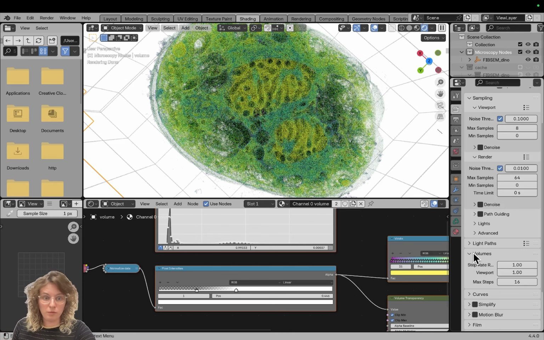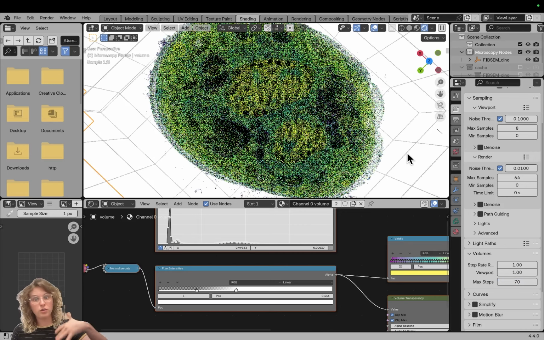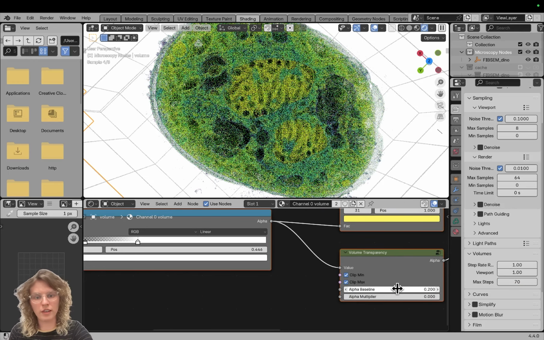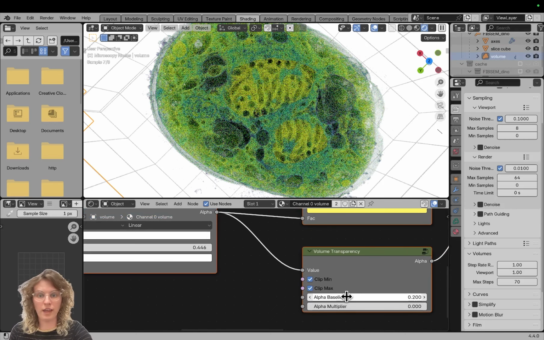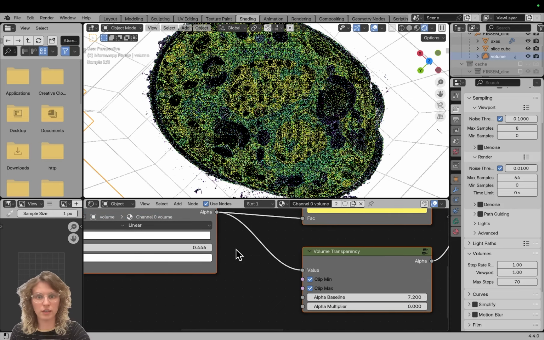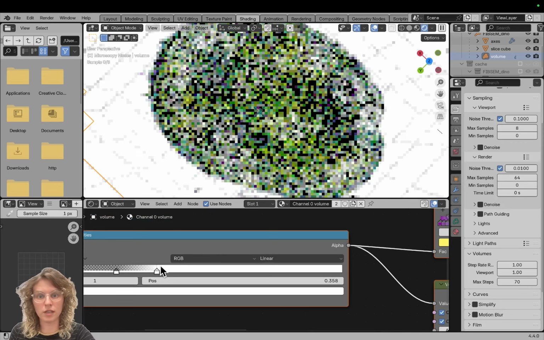in the volumes. So we can here go to max steps and crank this a bit up, and that will take it longer per frame to sample, but it will make it also a lot prettier. Additionally, what's useful is that in our volume transparency, for our volume, we have a transparency slider, so we can make it just a little bit more dense, so it really looks like a big cube. And then we can select, for example,